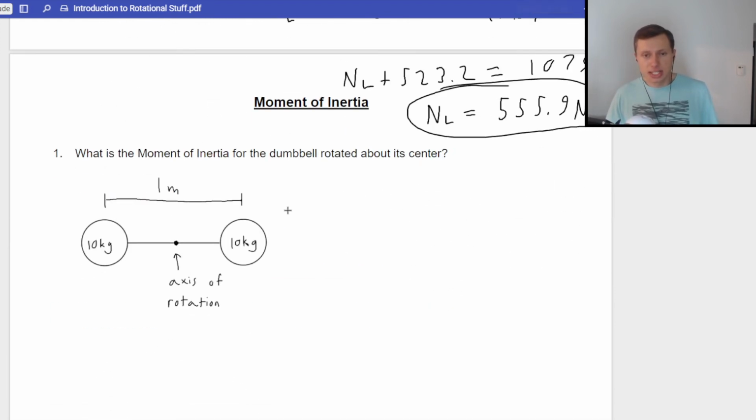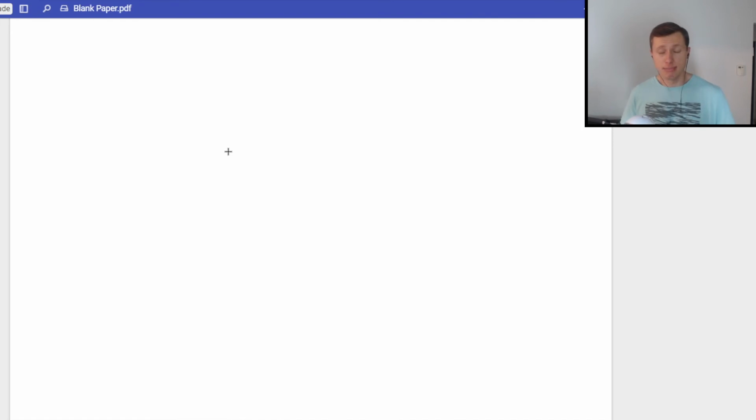So now the second to last topic we're going to be talking about today, moment of inertia. So moment of inertia is essentially describing how hard is it to rotate an object. So there's an equation for moment of inertia. There's actually many equations for moment of inertia. There is a table,